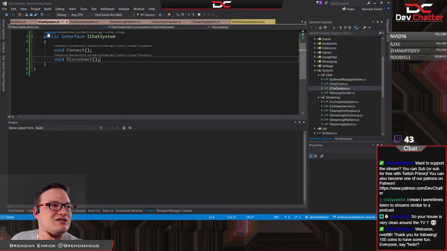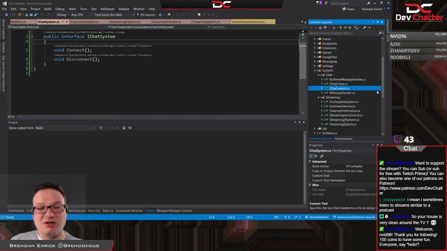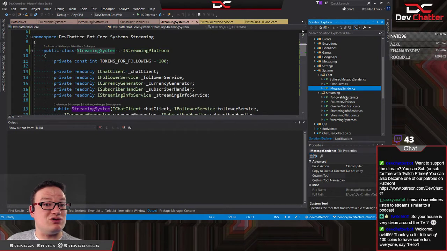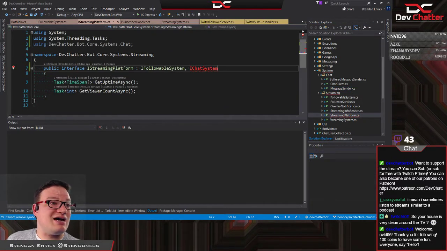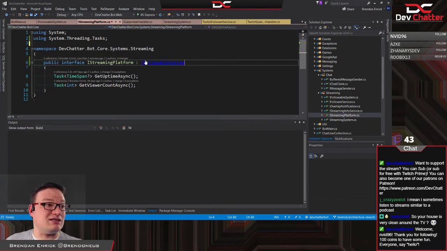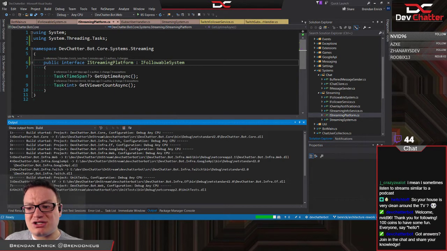Do we need this interface? Is it used at all? This may not get used. I think I'm going to nuke it for now, just to avoid the confusion that it creates. We'll add it again when we need it, because I haven't yet connected to Discord, so we will add that when it's needed, if it's needed. And I think that'll make things simpler. I know I just created it, but